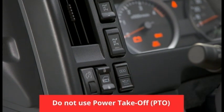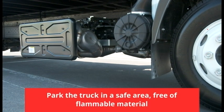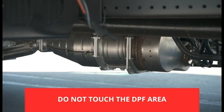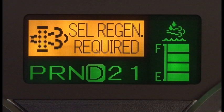For safety reasons, do not use the power takeoff or PTO function. Park the truck in a safe area, free of flammable materials such as grass, leaves, or waste, and do not touch the DPF area to avoid injury or accident. Remember, you cannot drive the vehicle when you are performing a selectable regeneration. If you do, selectable regeneration will stop, and the selectable regeneration